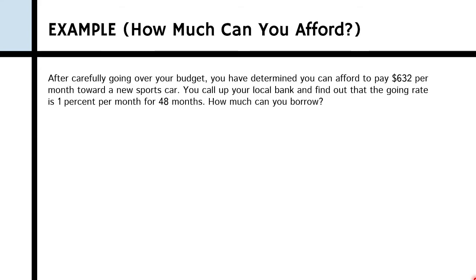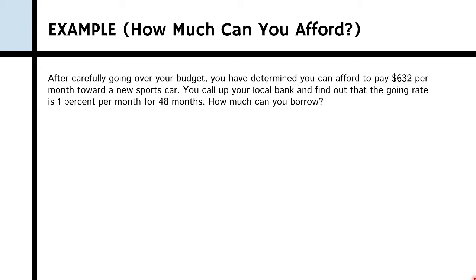Now let's have an example for present value for annuity cash flows. After carefully going over your budget, you have determined you can afford to pay $632 per month toward a new sports car. You call up your local bank and find out that the going rate is 1% per month for 48 months. How much can you borrow? To determine how much you can borrow, we need to compute the present value of $632 per month for 48 months